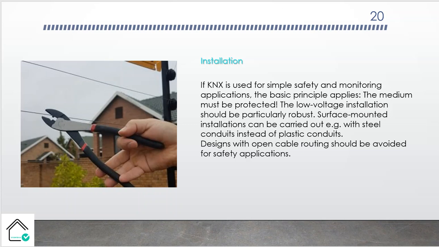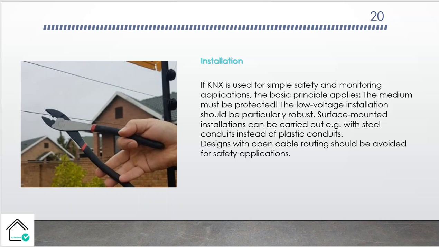So the medium, the green cable of KNX, must be protected. You should eliminate any penetration to that cable. The low voltage installation should be particularly robust. Surface mounted installation can be carried out, for example, with the steel conduit instead of plastic